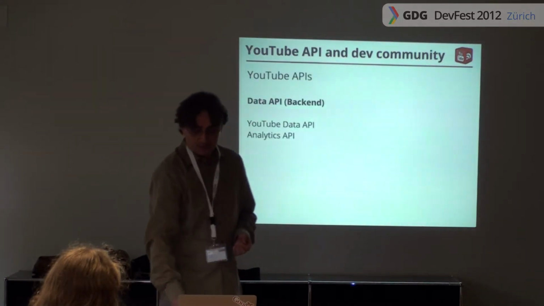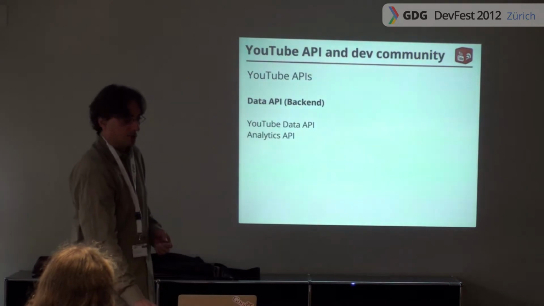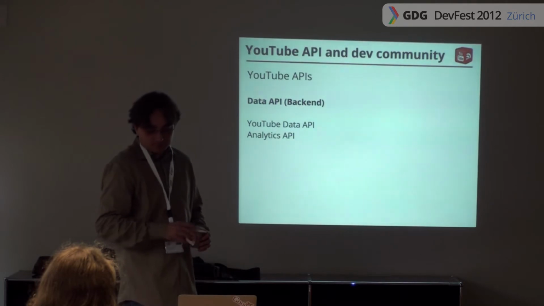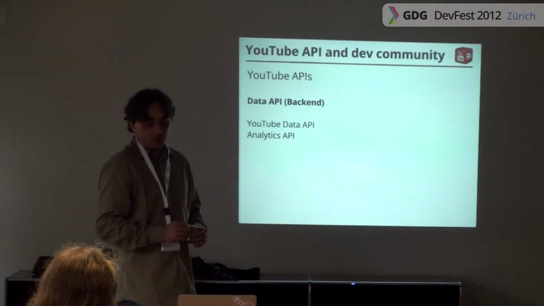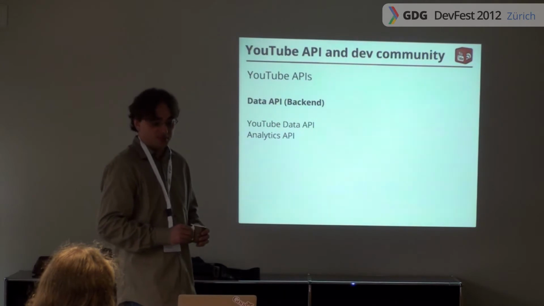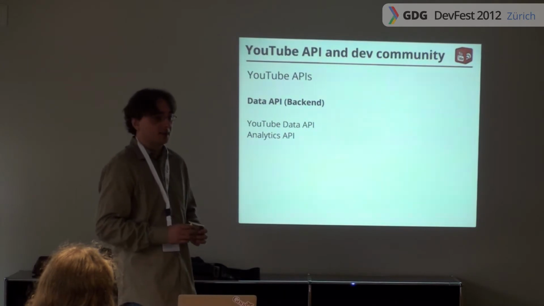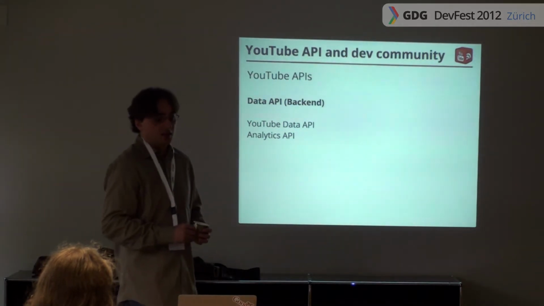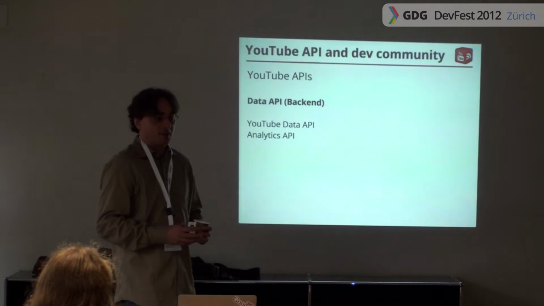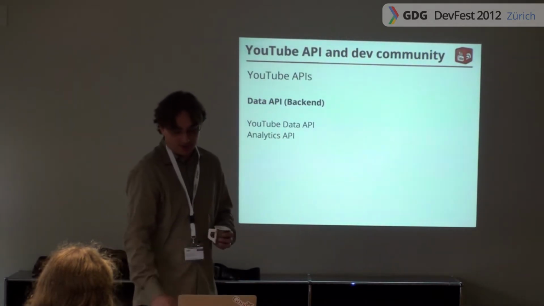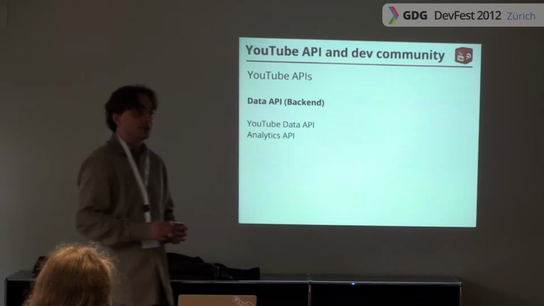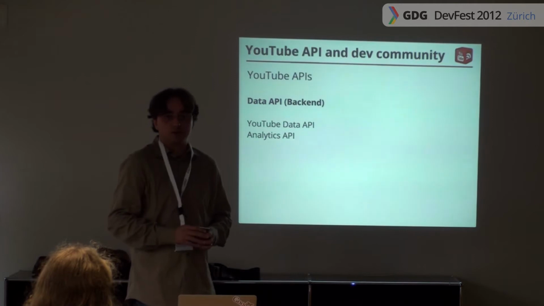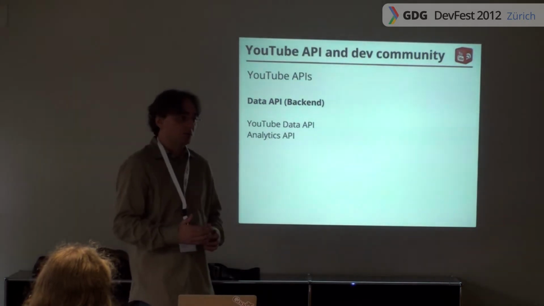So all these apps, in order to integrate with YouTube and upload and search videos on YouTube, use our API. So we have a set of different APIs for different purposes. The first one is the data API that allows you to search for videos, modify the metadata of the videos, everything basically about the metadata of the videos. And then we have the analytics API that we just launched recently, actually last month, that enables users, like creators, to get all their data about the views and everything